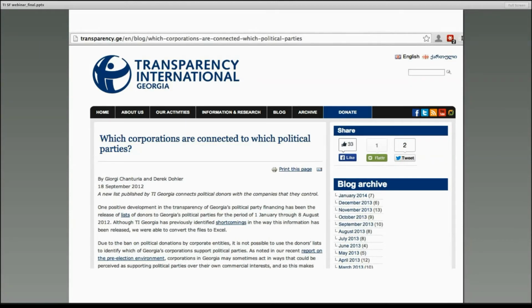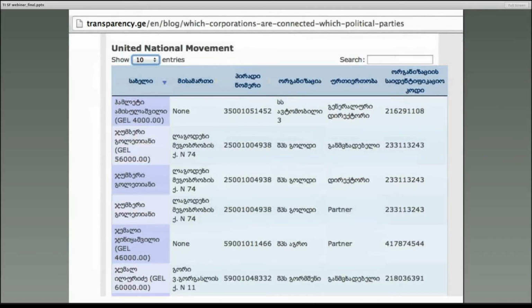So what we started doing is we looked at the individuals that were disclosed as having donated, and we went through the company registry and matched them with companies that they were shareholders of, or directors, or legal representatives of, in order to give the public a better sense of which companies were contributing to parties, either to have some influence over the party, but in most cases actually the government was coercing or having some leverage over companies to contribute to a political campaign.